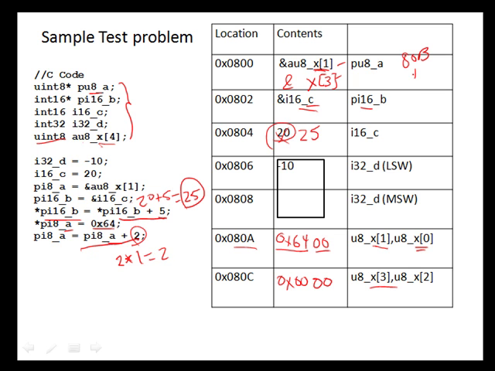So if we take 80B and add 2 to it, we're going to get as a hex value 80D. Well, what is 80D? Here 80A is x[0], 80B is x[1], 80C is x[2], and 80D is going to be x[3], which is the same thing that we got here. It agrees. So pointer A is now going to be pointing at